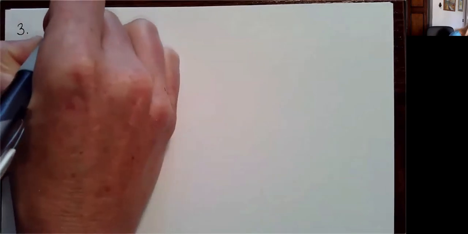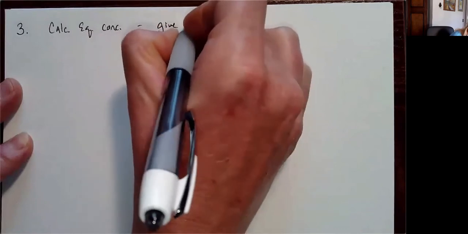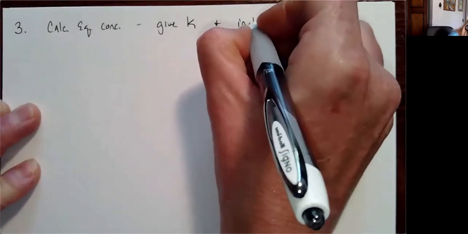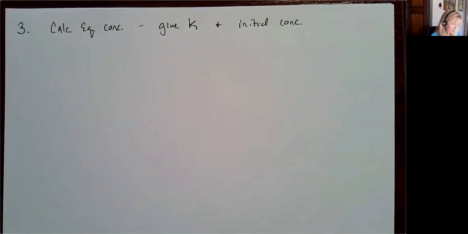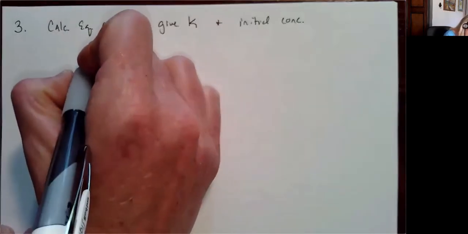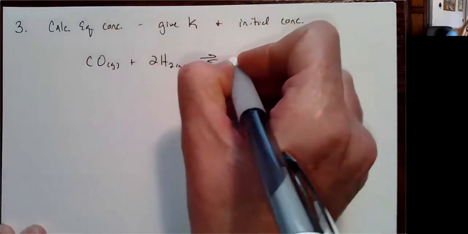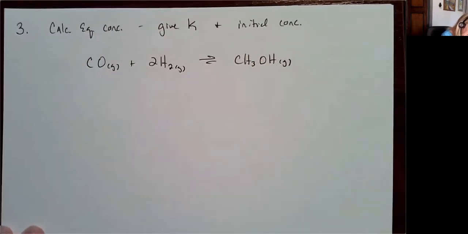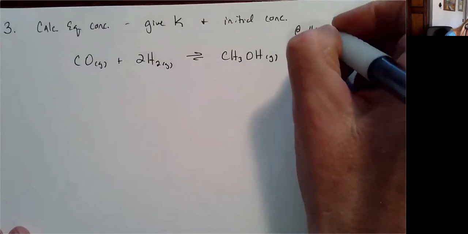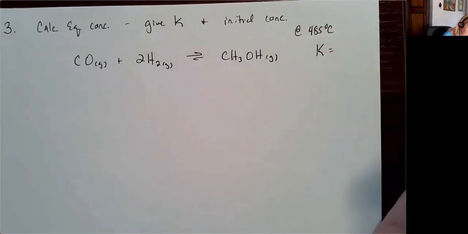Okay, so the third scenario is you want to calculate equilibrium concentrations but you're given K and initial concentrations. Now you need an ICE table, and you're also going to have to solve the quadratic equation. So let's go back to our problem. CO plus hydrogen gas is in equilibrium with CH3OH gas. And let's say at 485 degrees Celsius, my K for this is going to be